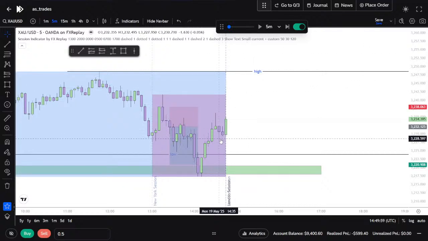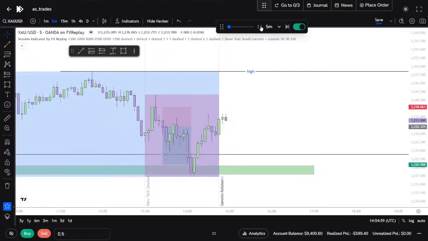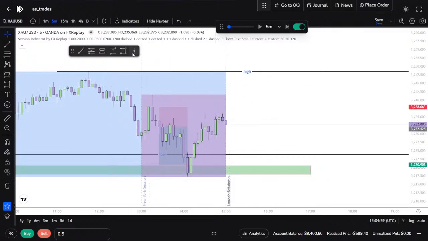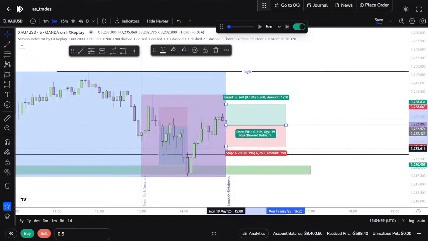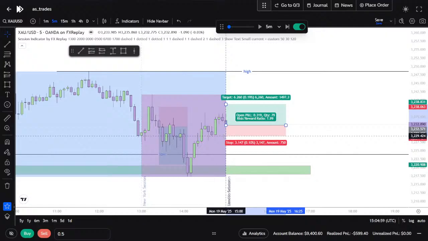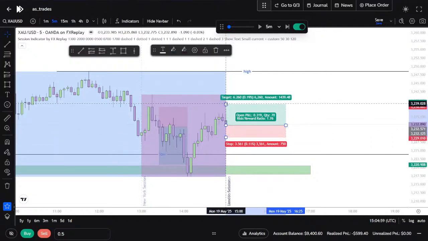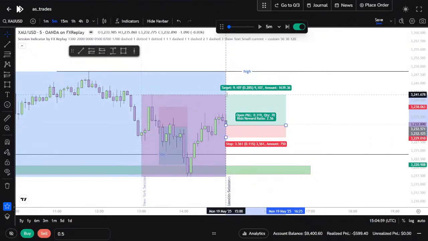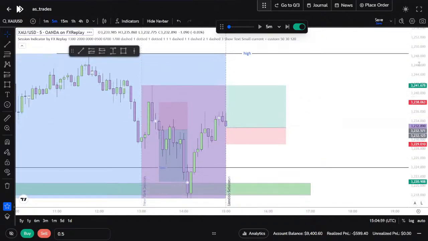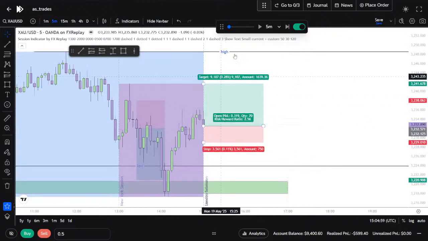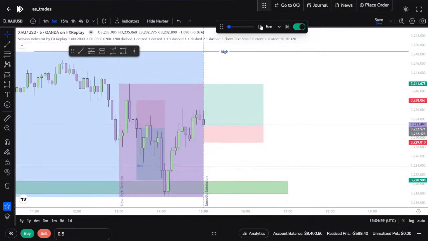We should have taken the trade off here. That would have been good. Wait for any other retracements. There you go. Go long. Here you aim for stop loss just there, a little bit below just in case it tries to sweep. And we can aim for this, which is actually pretty good. A very good trade, but I'm feeling the stop loss is going to get hit.